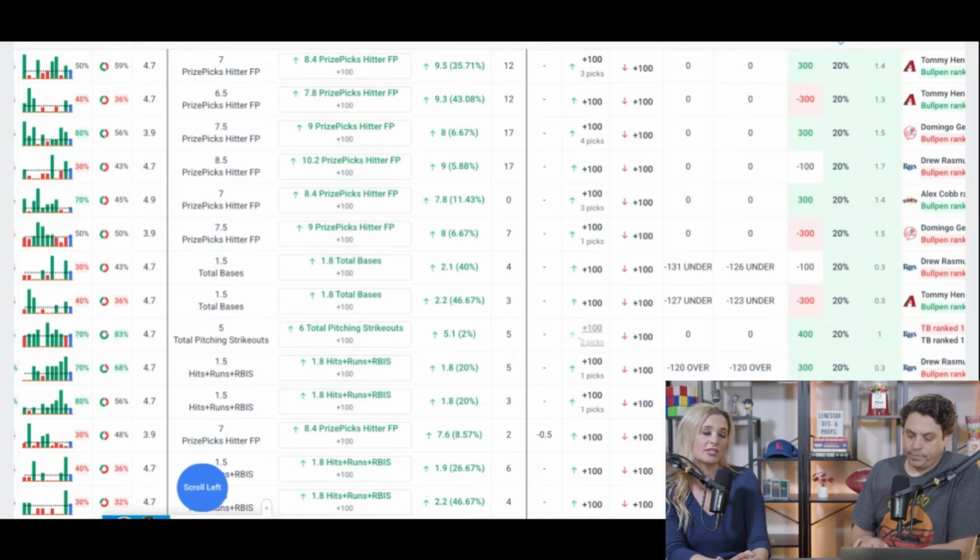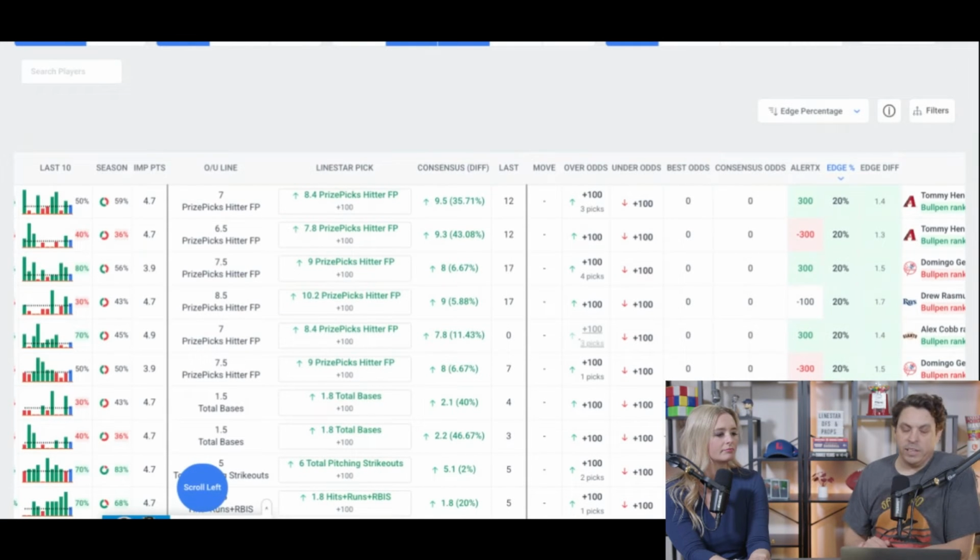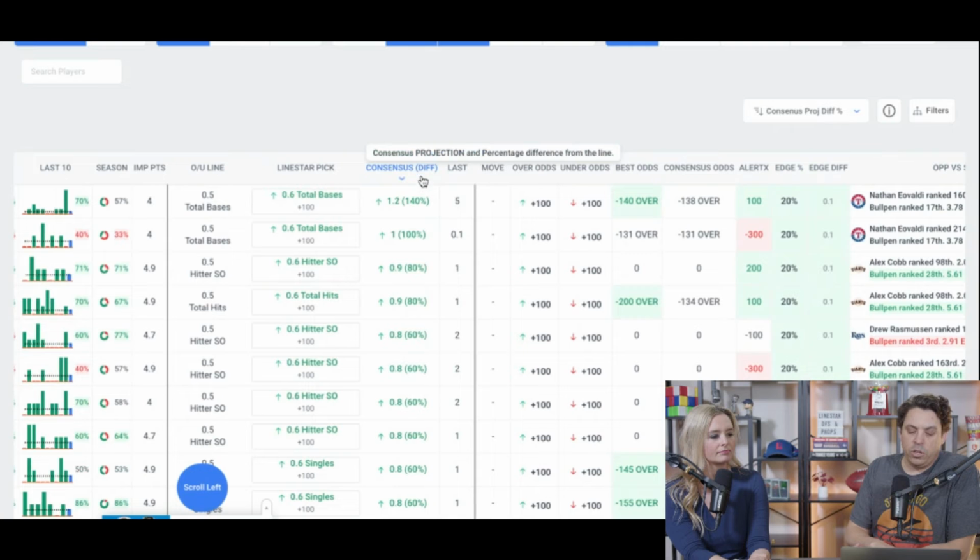Right. And that edge percentage you referred to is basically LineStar's projection, and it's comparing it to not necessarily just the lines, but what the outcome of that particular stat is. Yeah. So it is the edge, what our projection is versus what the line is. If you see also there's the consensus projections right here, and you can see they have a difference also there.